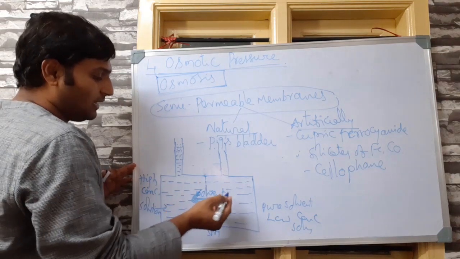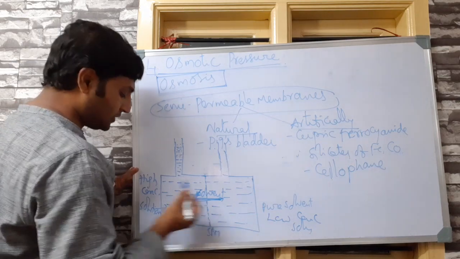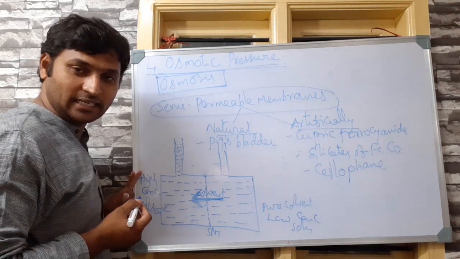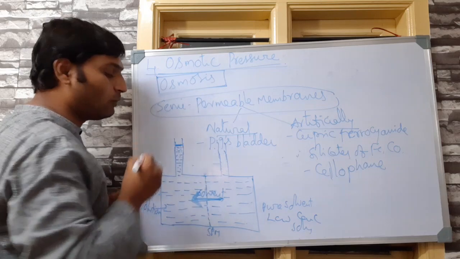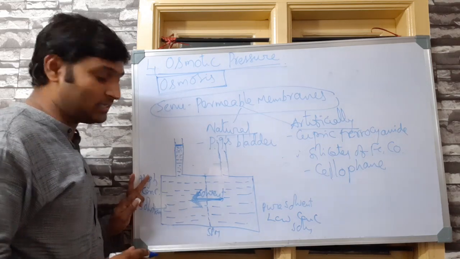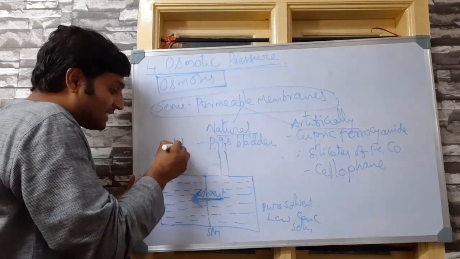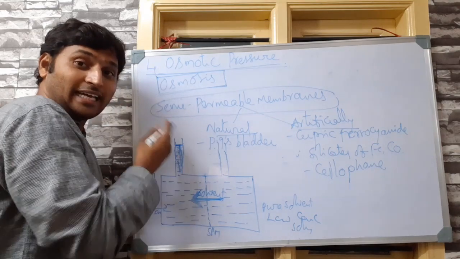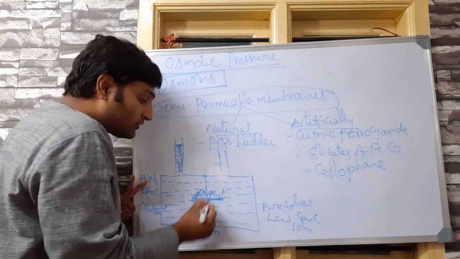Now as I was telling, the solvent started moving from pure solvent to solution, or from solution of lower concentration to higher concentration, such that the level of liquid in this capillary tube was continuously increasing, right? Now, at some point, the rise in level of liquid will stop. Why is the rise in level of liquid stopping here? Because continuously the solvent started flowing here, an excess hydrostatic pressure is created here, and that excess hydrostatic pressure created by the increase in level of the liquid causes the pressure to stop the flow of solvent from this side